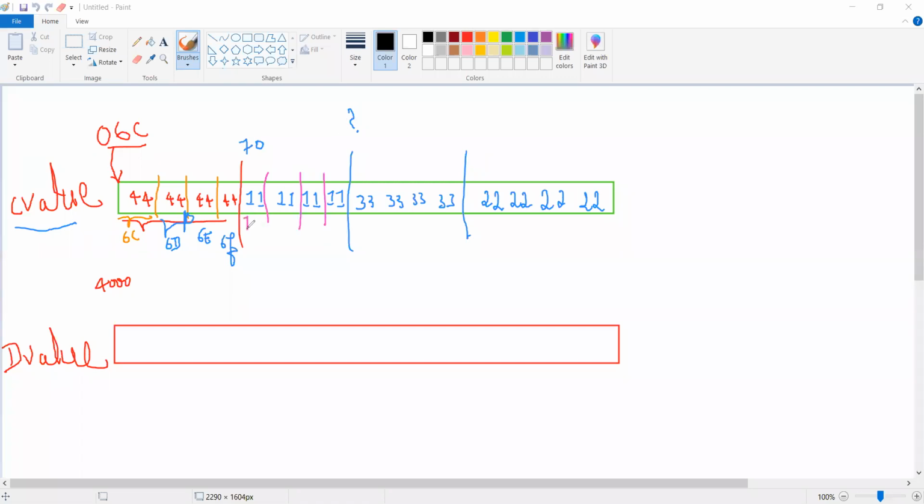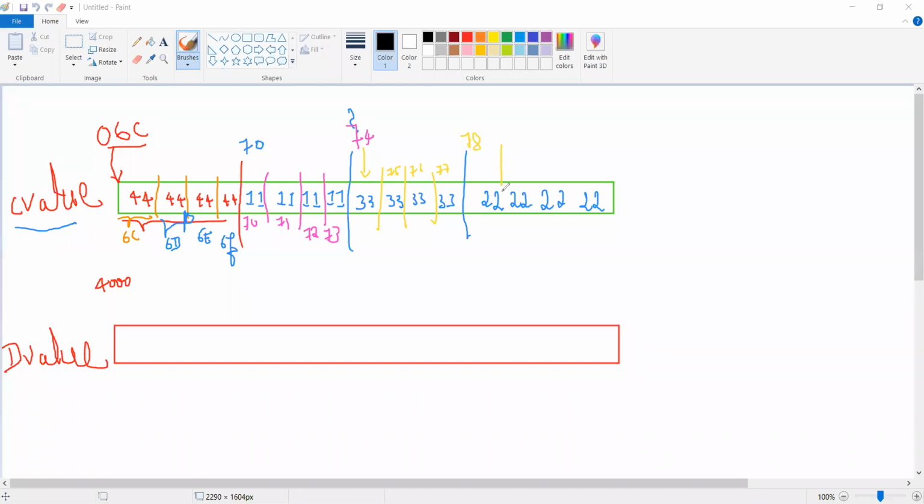If this is 70 and 71, 72 and 73, then this number here is 74. Please remember this, it's very important. It is going to be 74, 75 here. Then 76, 77, then comes 78.